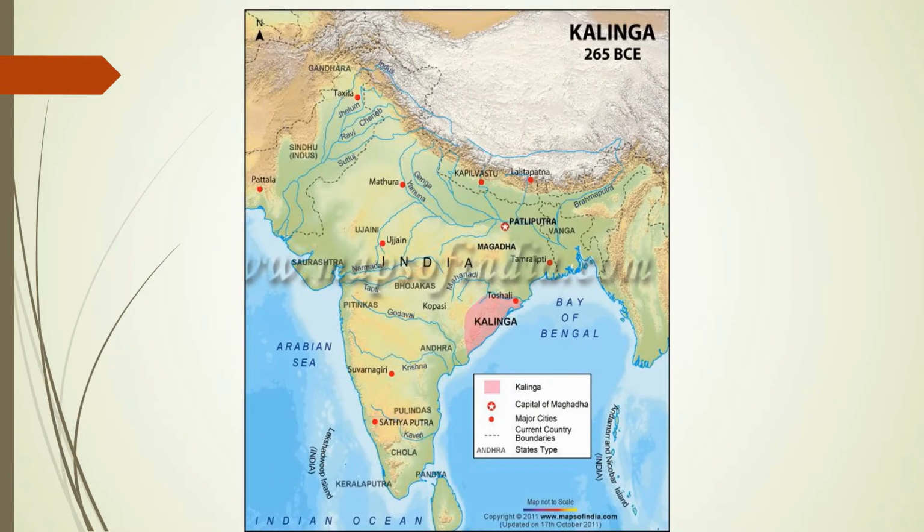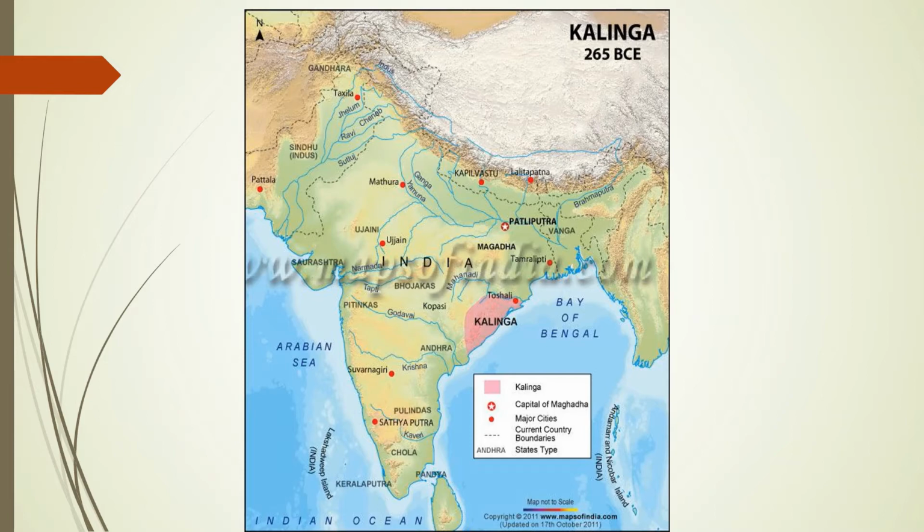Now let us know about Kalinga in 265 BCE. Kalinga region was located in present-day Orissa. The core territory of Kalinga now consists of a large part of Orissa and northern part of Andhra Pradesh. There is no mention of single ruler in Kalinga in any of Ashoka's edicts, where he mentions Kalinga War. This led historians to believe Kalinga region might have been led by a confederation of tribal chiefs.